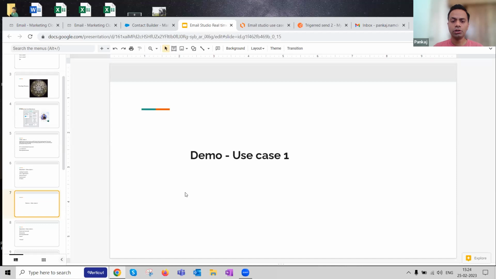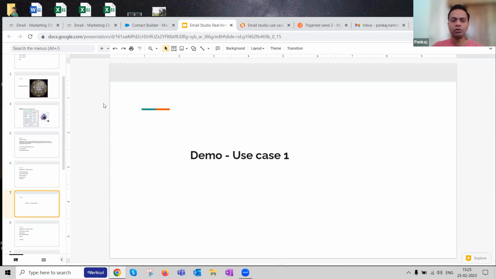Okay. So now what I wanted to show you was, I wanted to move on to Marketing Cloud. What I will show you is a couple of things. And this is by no means the only solution. There are multiple solutions to a problem. At the end of the day, you have to make sure which solution fits best for the customer. There could be multiple ways of doing things, it could be like this, or it could be like this. So you have to decide based on the use case of the customer.